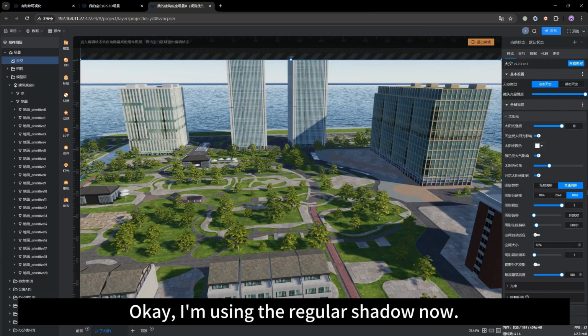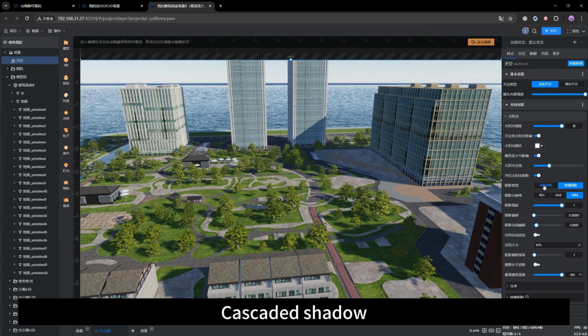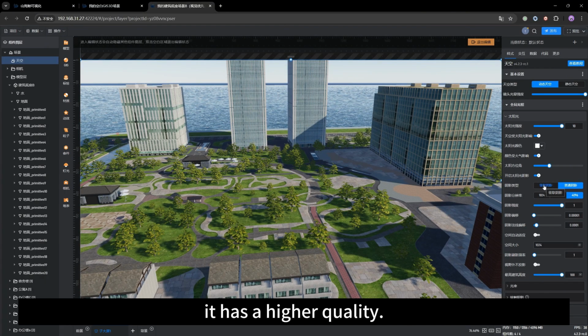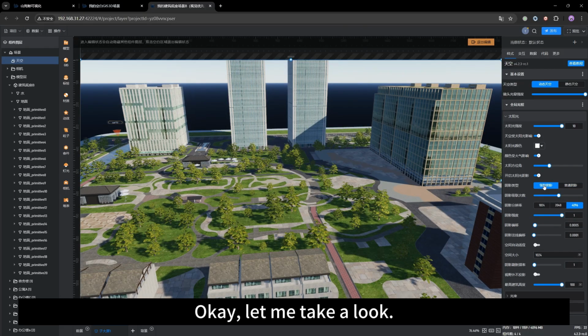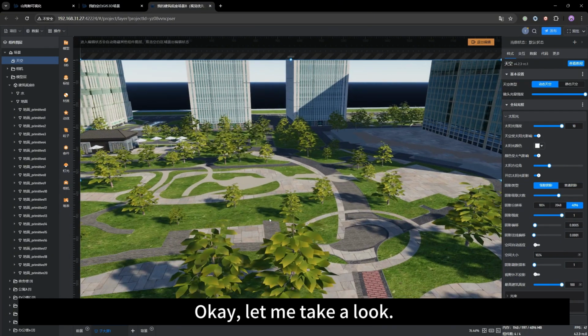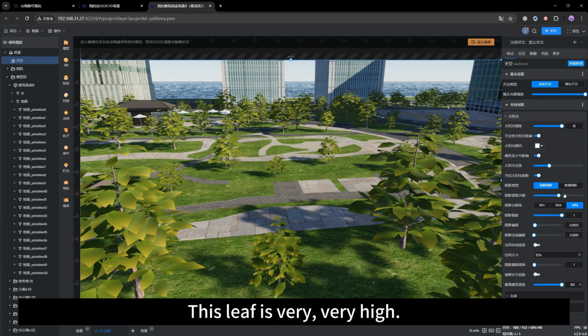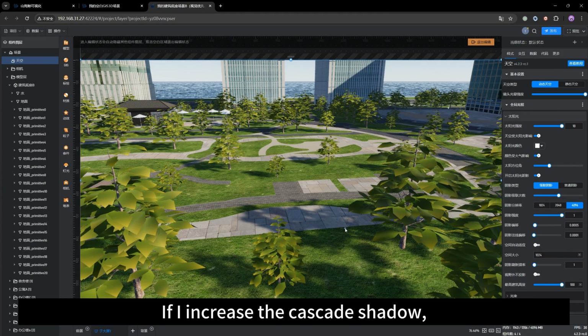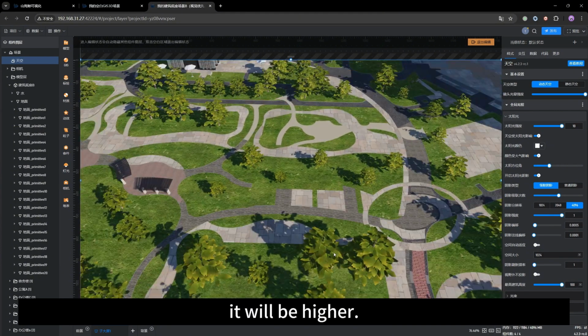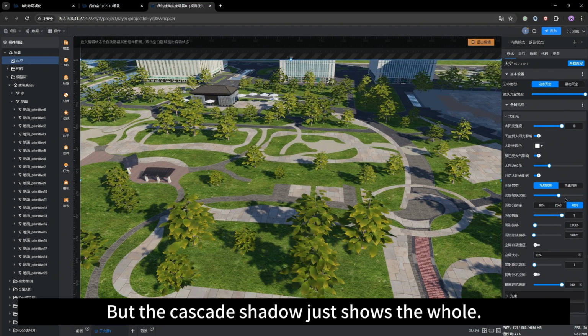Okay, I'm using the regular shadow now. Cascaded shadow has a higher quality. Okay, let me take a look. You can take a look at this, this leaf is very, very high. If I increase the cascade shadow, it will be higher. You can see it very clearly. But the cascade shadow just shows the whole